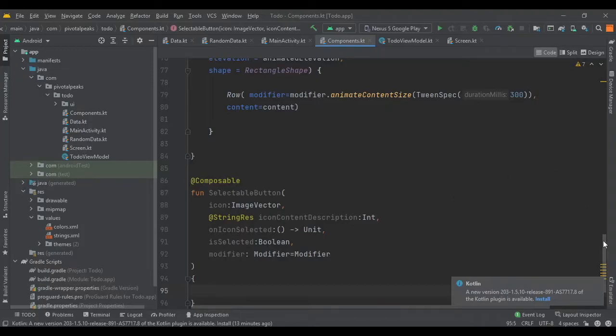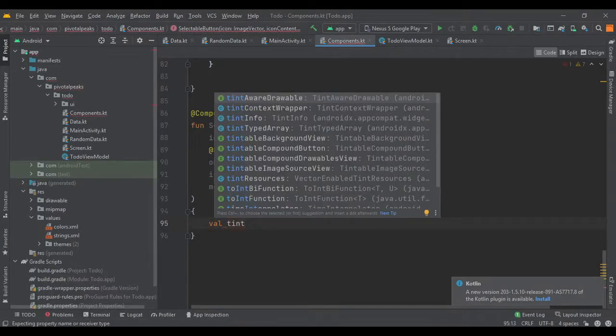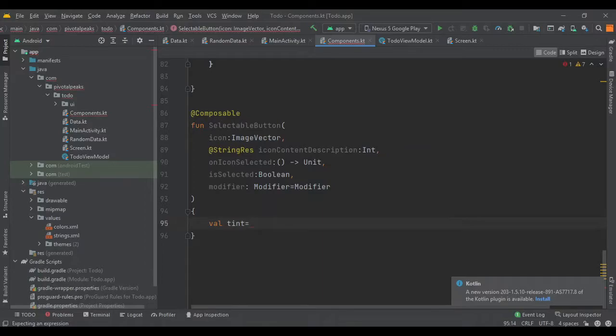Now we will define the inner items for our selectable button. So let's create a tint value. So if the icon is selected, let's call it selected, then the value is going to be the primary color.